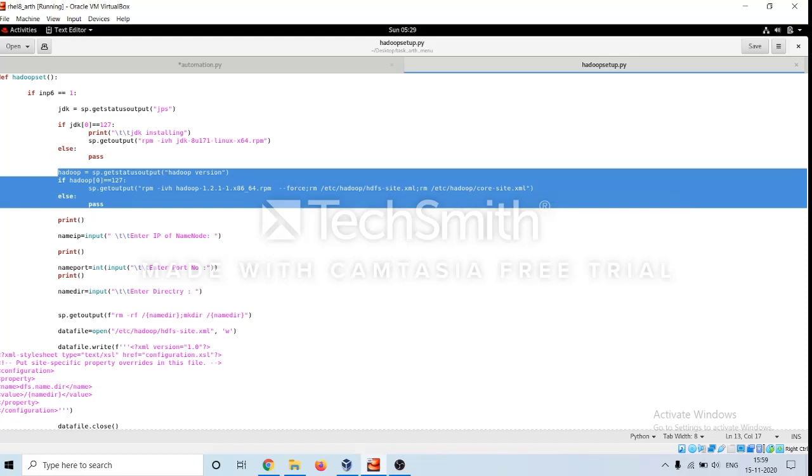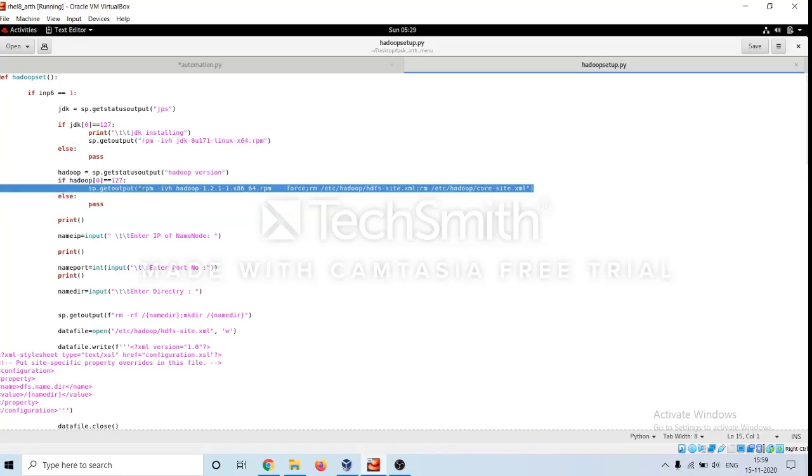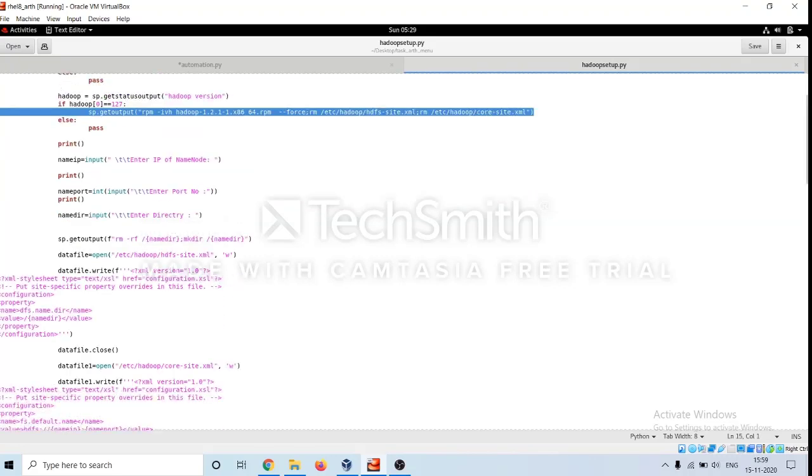Since in my OS Hadoop has already been installed, when I run this command, neither this JDK nor this Hadoop will run. Those who are already familiar with the Hadoop concept, name node, data node, will not find it difficult to understand. But those who are new to it can refer to the online tutorials.